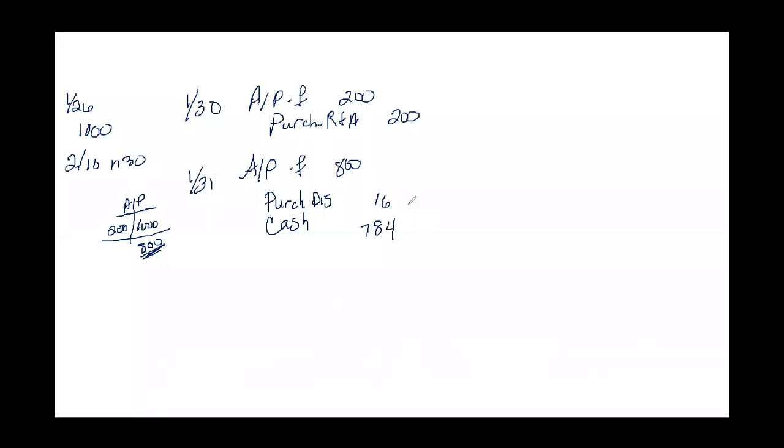Okay, so $784. So these two add up to the 800. And that would be your payment after you've made that purchase, returns, and allowances. Okay, so now we come in, that's pretty much everything you're going to have on the periodic side. Now let's come in and talk about